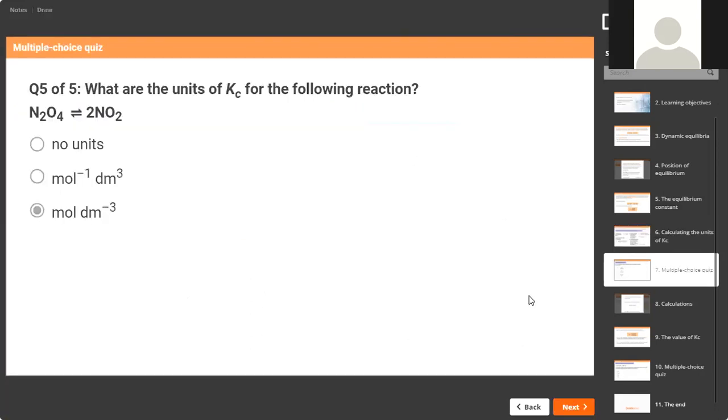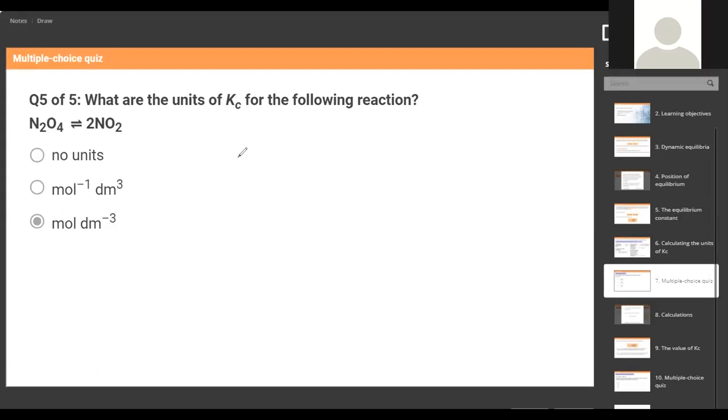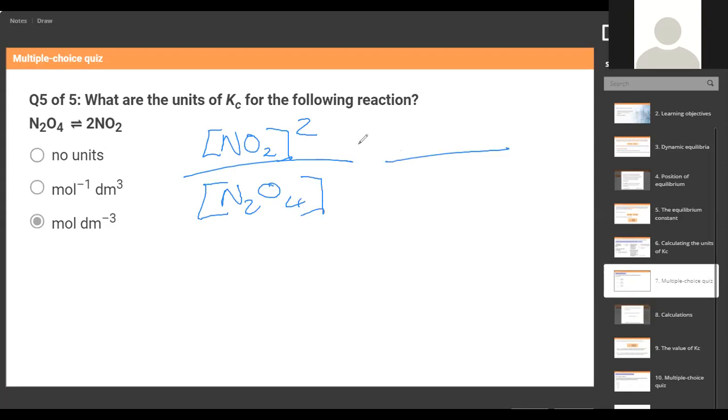So what are the units of Kc, our equilibrium constant, for the following reaction? Well, if we drew this out, let me get this up. I'll draw it like this then. Here we go. We would have NO2 on the top, 2 lots of NO2, and N2O4 on the bottom. If we put our units back in, we've got